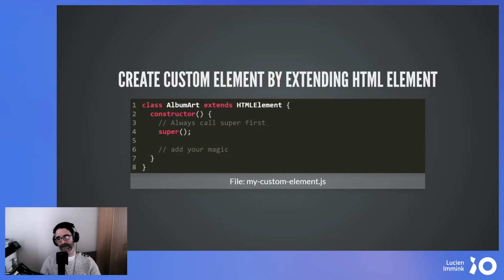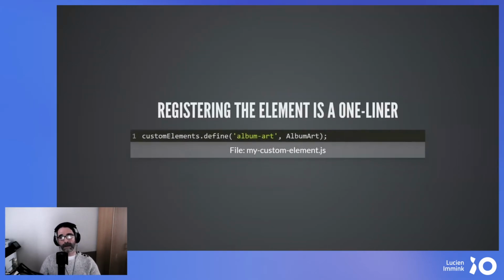But this gives me the possibilities to extend the inner workings of an HTML element. So I can add my magic. So also, for example, cloning the template into live DOM elements. I can do that in my own class now. And if I want to use that new element somewhere, the only thing that I need to do is to call it on the define of the custom elements namespace. So I point to a name album-art, and I point that name to my class. And every time the browser now sees a tag album-art, it will instantiate a new instance of the album art